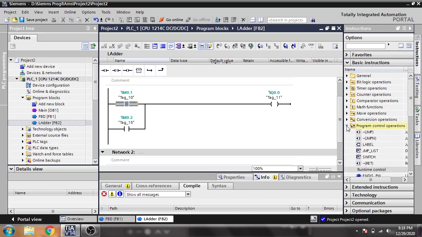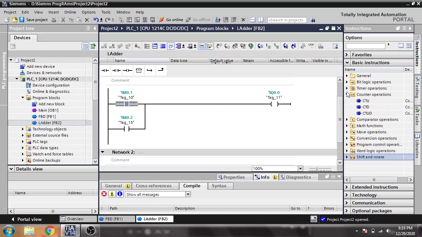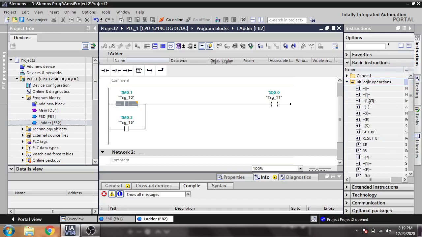It's not in program control. Reset. I am searching for that invert. There is not. I think we don't have an invert.